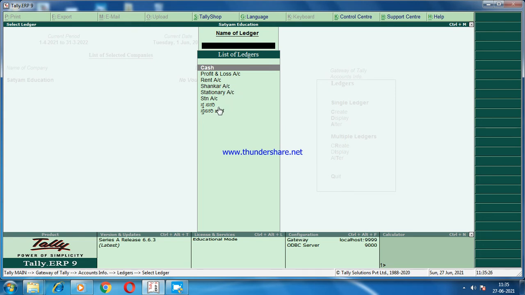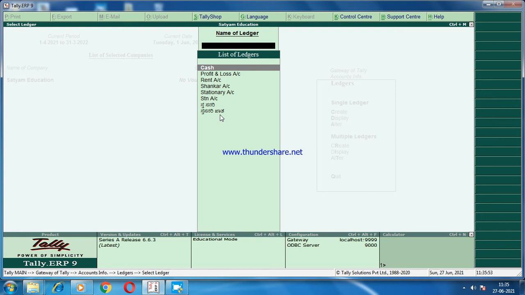See, in the list of ledgers, it commonly displays the ledger name and alias name. I have created stationery account, its nickname STN account, stationary khate. See, these four are all one ledger, so it will confuse the readers. So commonly we do not create aliases for the ledgers.